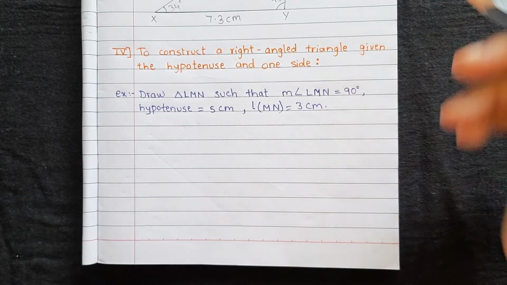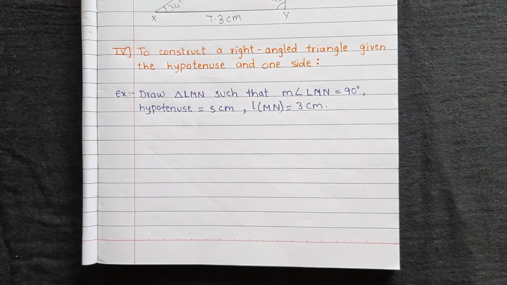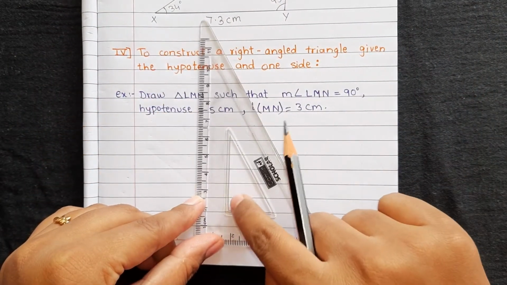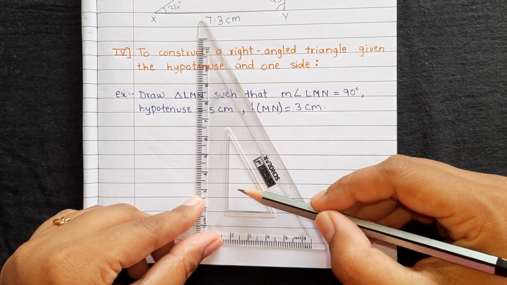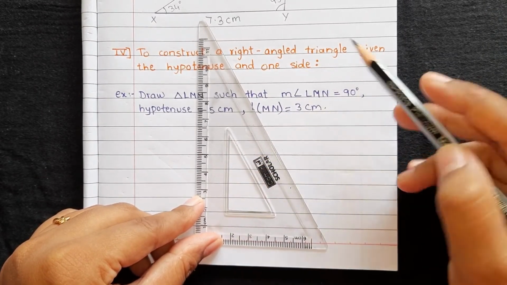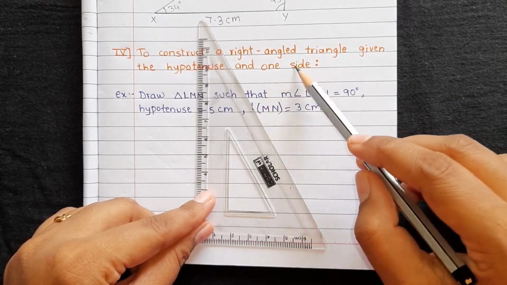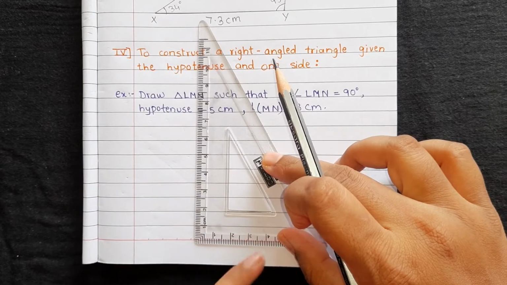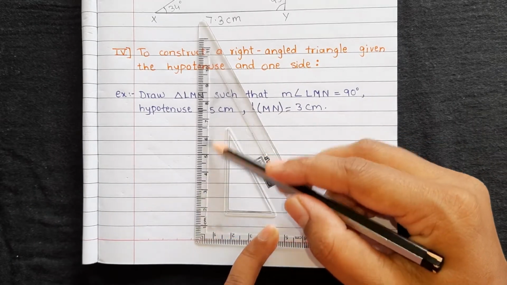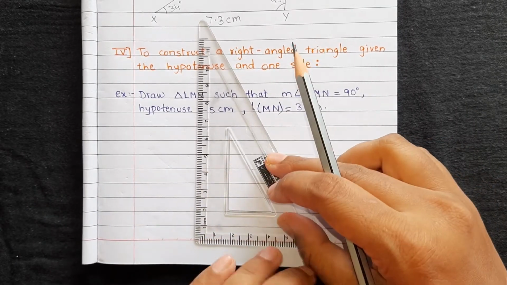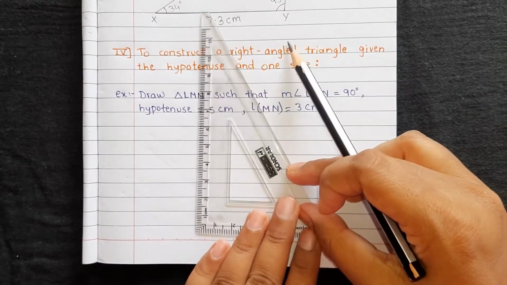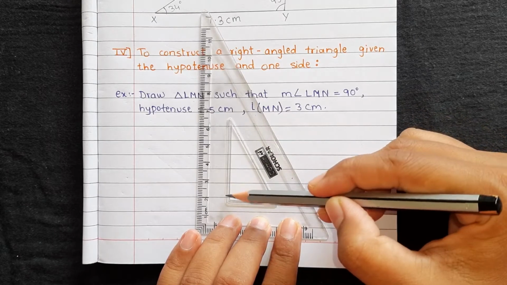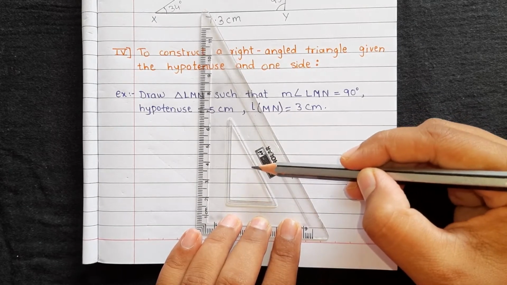So right angle triangle means what? It looks like this. See, this is a right angle triangle. Suppose this one. So what will be given to us? One side. So this one side we will take as base. Then right angle triangle means this angle will be 90 degree always, and hypotenuse will be given to you. Hypotenuse means what? The side which is opposite of the right angle.